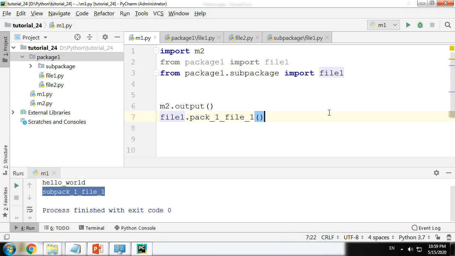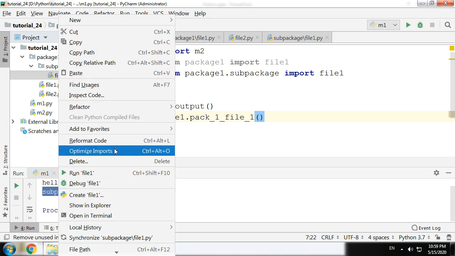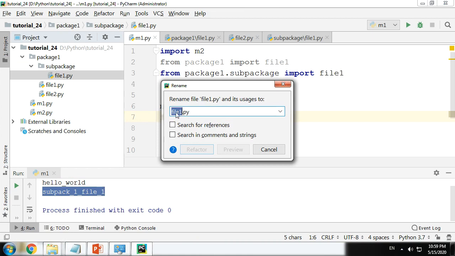Now let me change the file name back to what it was. To change it back, you have to go to refactor, do rename, and just change the file to sub file. If you check references, make sure that your naming conventions are done properly, because if you're not following proper naming conventions and proper coding formats, it can destroy your code.